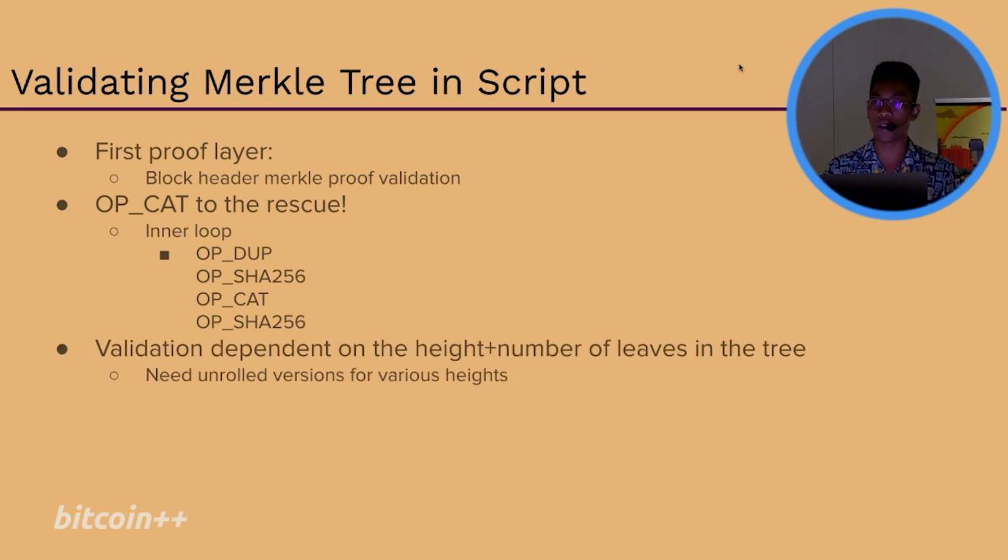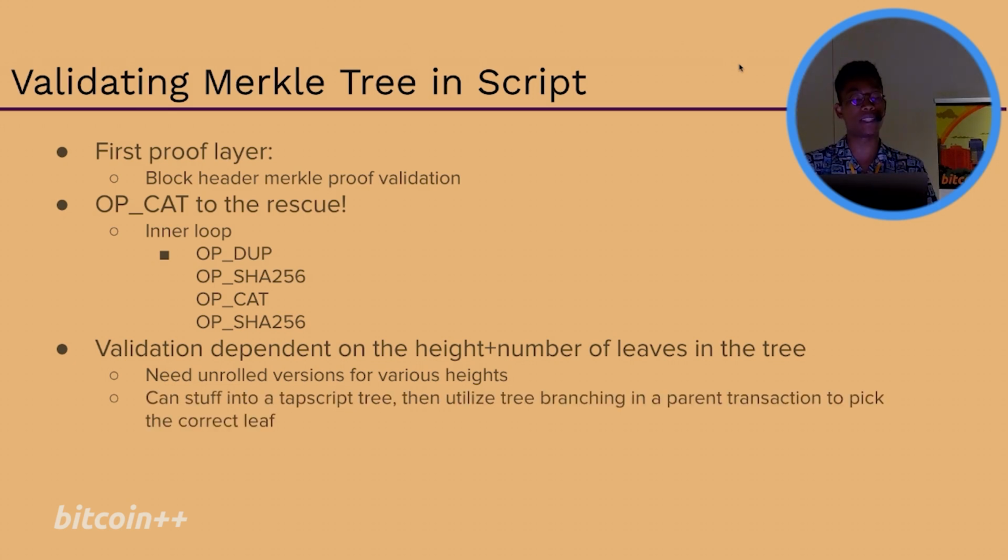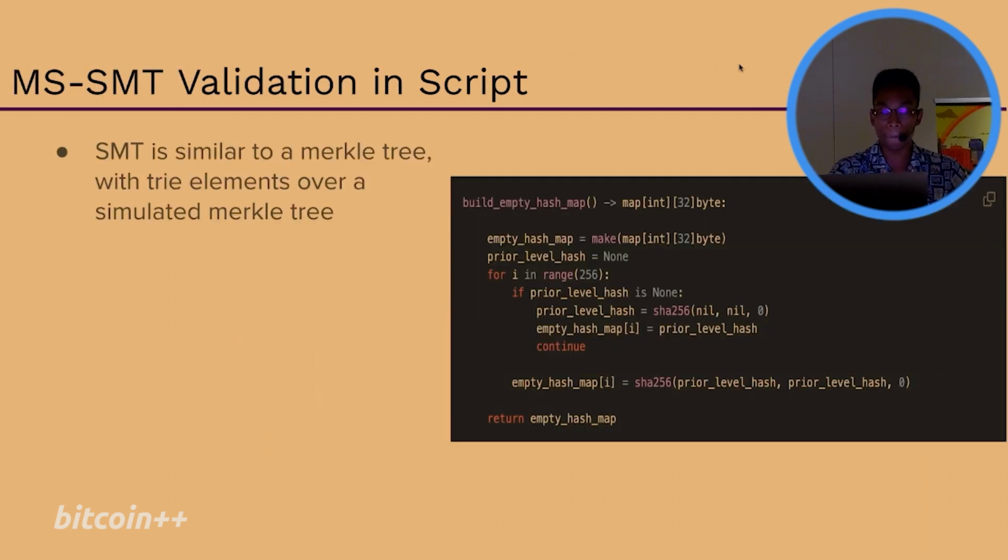But one quirk with this is that, with the way Merkle trees work, this script is actually dependent on the number of leaves and the height of the tree itself. For example, are you going to be hashing 8 times or 3 times or 5 times or 10 times, right? So therefore, you need to unroll all of these values into the tapscript tree, which can be kind of large, but maybe if you're operating off of fixed size Merkle trees, which comes a little bit later, it can be a little bit easier, right? But then you unroll all of these elements and then pick, based on what the condition is, which validation script you're going to be using within that itself, right?